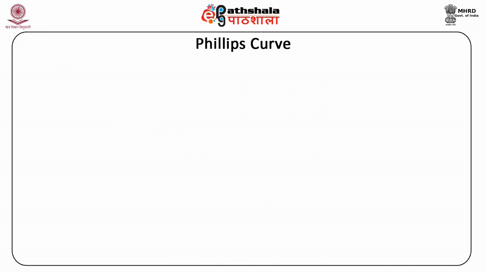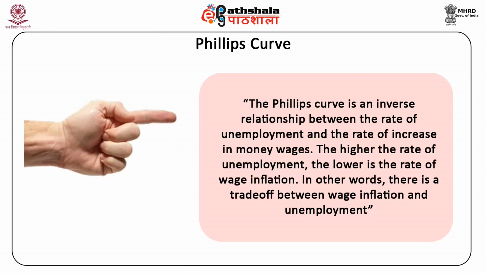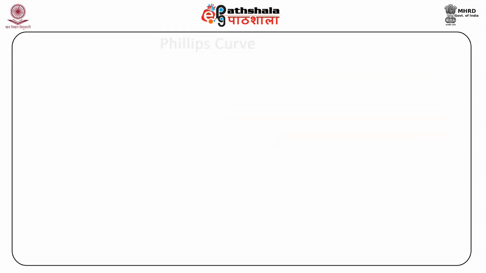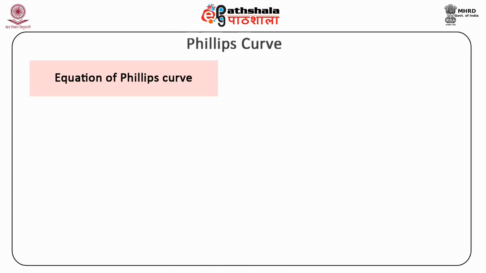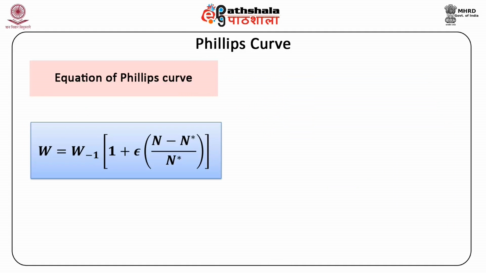Now we will discuss the Phillips curve. The Phillips curve is an inverse relationship between the rate of unemployment and the rate of increase in the money wages. The higher the rate of unemployment, the lower is the rate of wage inflation. In other words, there is a trade-off between wage inflation and unemployment. Thus, the equation of the Phillips curve is given by W = W-1 x (1 + epsilon x (N - N star)/N star),